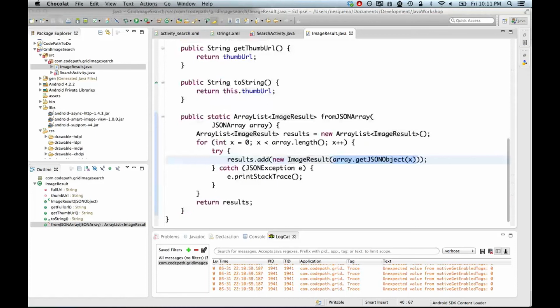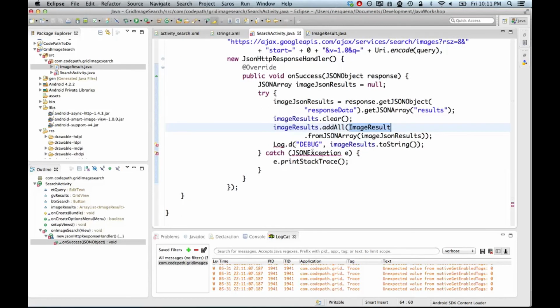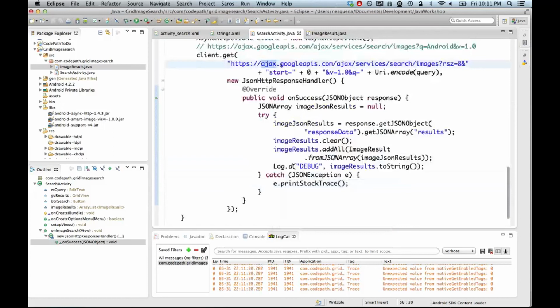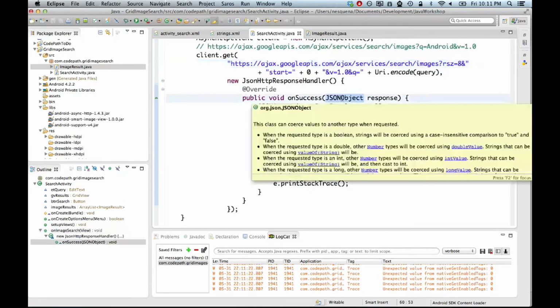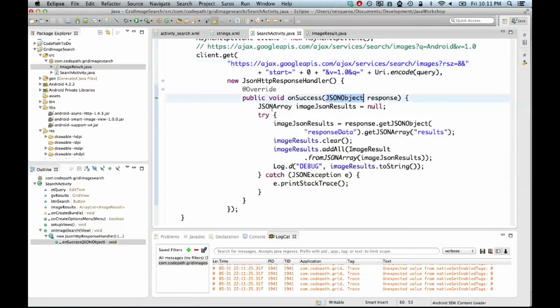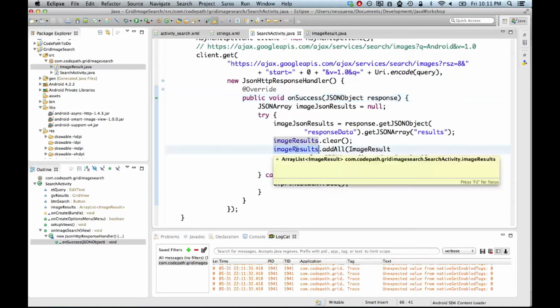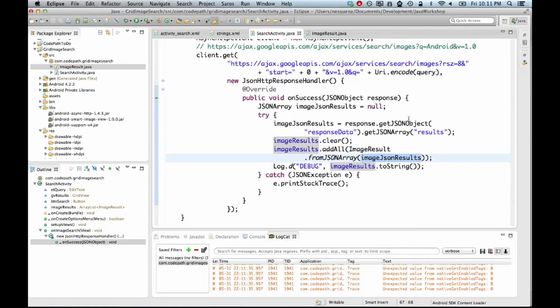Finally, what we're going to do is return those results back. So now if you go back to the search activity, you'll notice that we actually have everything working. To recap, we send out this AJAX request, we get back an object dictionary in the JSON object form, we created the array list of image result objects, and now we're iterating through and we added all of those to an array list called image results based on the data coming back from